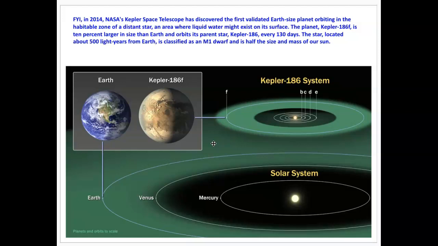There's still a lot we don't know about this planet. For example, they don't know for sure if it's a rocky planet or a gaseous planet, and we think it would have to be rocky in order to support life. So still learning, right? Still learning things out there, still discovering new things out there in space. And this is another thing that you won't be tested over, but I did want to give you an example of what NASA is looking for and where we are currently in this information.